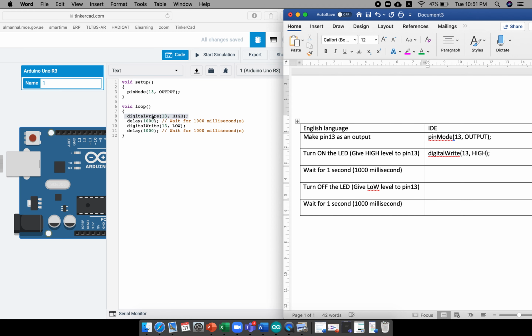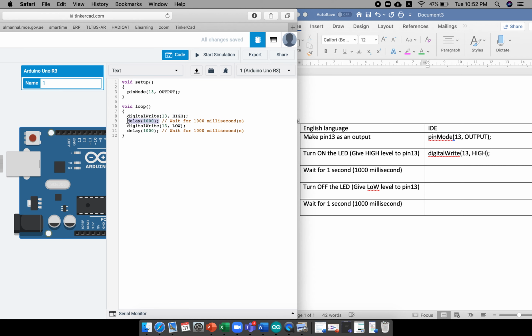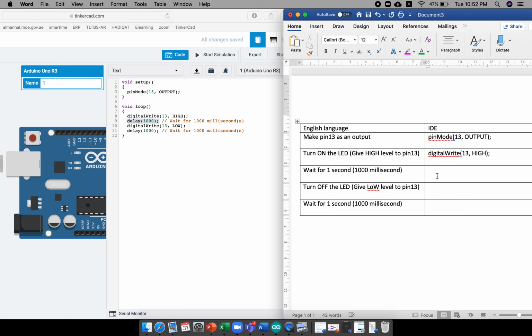Now, how do we tell the Arduino to turn on the LED, give high level to pin 13? It's digitalWrite, open bracket, which pin? 13, comma. What do you want it to be? HIGH, means on, close bracket, semicolon. Good? Now wait for 1 second. How do we write it in Arduino? Delay, open bracket, for how long? 1 second. If you type 1, then it's wrong because it understands only milliseconds. So we have to type delay, open bracket, 1000, close the bracket,